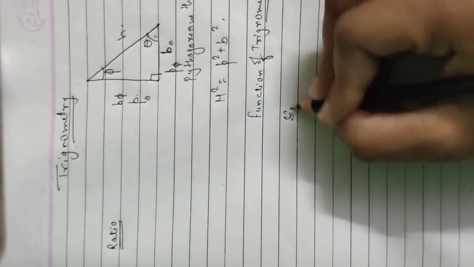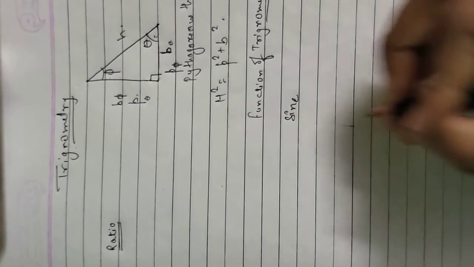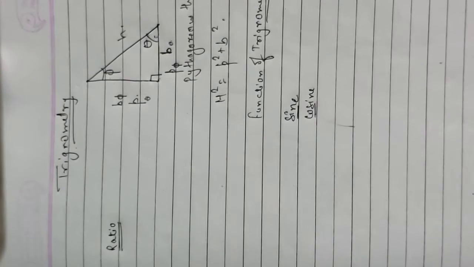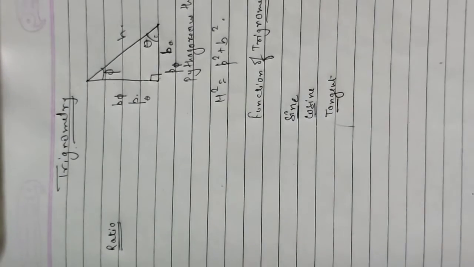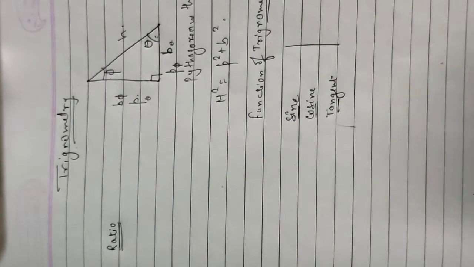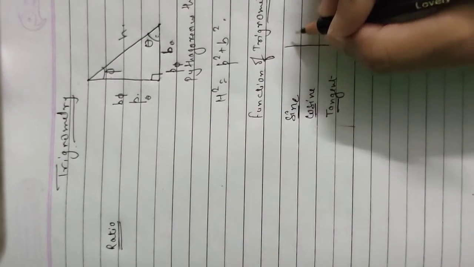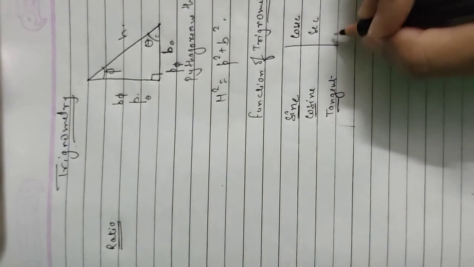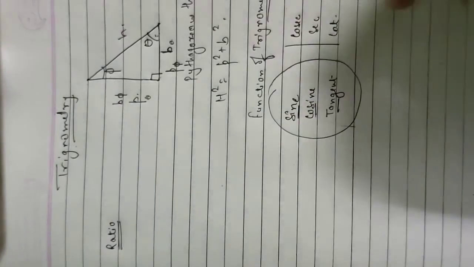So first we will say that it is sine. Actually it is sine e, but we just represent it as sine. Second is cosine, we represent it as cos, this as sine. Then we have tangent, we represent it as tan. We have three more which are the reverse of all this, just reciprocal, means 1 by sine, 1 by cosine, 1 by tangent. So 1 by sine will be cosec, then sec, and cot. First we will talk about these three, then we will move to those.